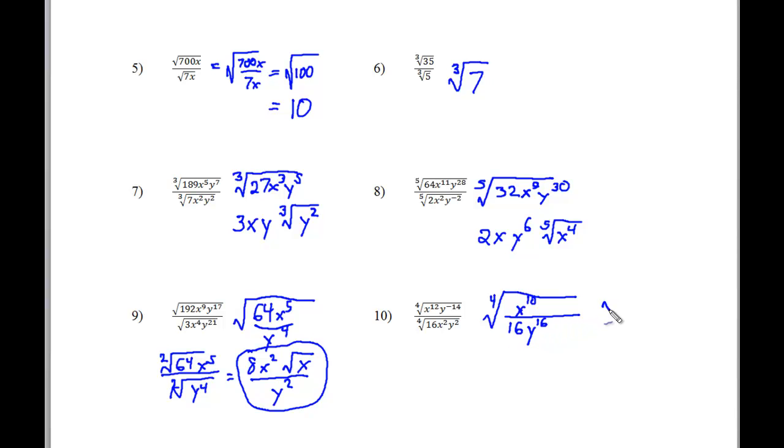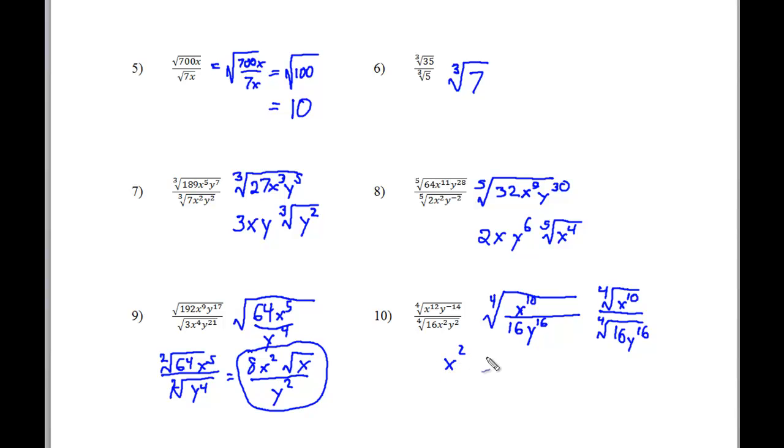So that means I got to break this back apart again. So I'm going to have x to the 10th in the numerator in the 4th root, and in the denominator the 4th root of 16 y to the 16. Now that denominator is going to clean up pretty nicely, so let's work on the numerator first. 4 does not go into 10 evenly, or I should say 10 does, so 4 does not go into 10 evenly, but 4 goes into 8 evenly. 8 divided by 4